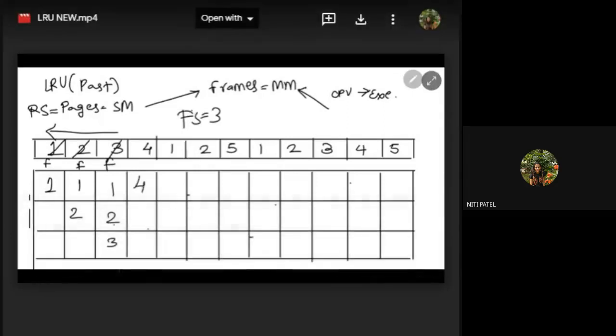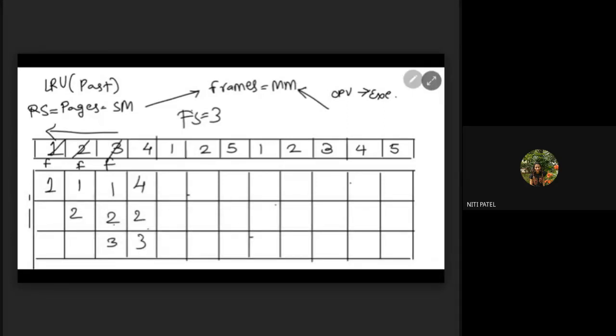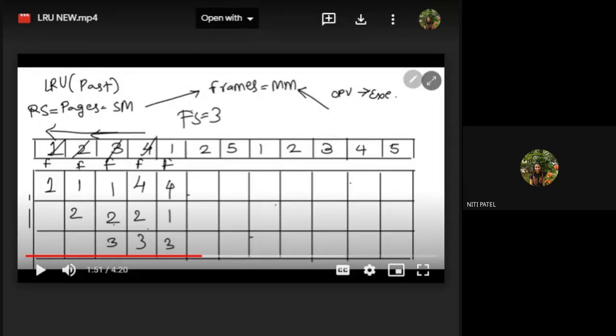Replace 1 with 4. Keep 2 and 3 as it is. Since 4 is now newly loaded, hence it is a fault. To load 1, go and check 4, 3 and 2 back. So out of 4, 3 and 2, 2 is least recently used. So replace 2 with 1 and make 4 and 3 copied as it is with a page fault. So for loading 1, I went 3 steps back. 3 steps back, I got 4, 3 and 2 pages. 4 was just loaded. उसके पहले 3 was also just loaded. 2 थोड़ा पहले था, तो I can replace that 2. Are you understanding?